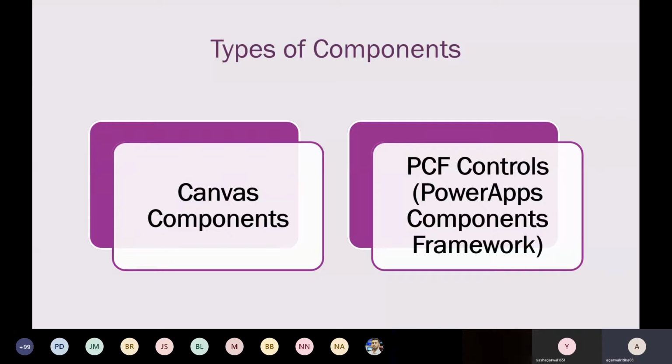There are again two types of PCF control. There is a property which we can define, like what would be the template type of my PCF control. There are two options: it could be a field type or it could be a dataset type. For Canvas apps, only the field type PCF control is supported just yet. And for model driven apps, both types are supported. So when we are building any component for the Canvas app, we have to use the field type to make it work on the app.